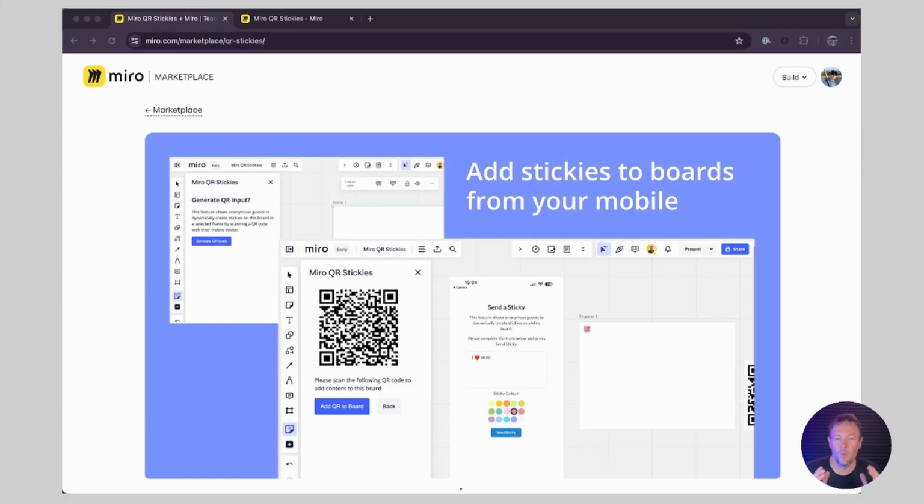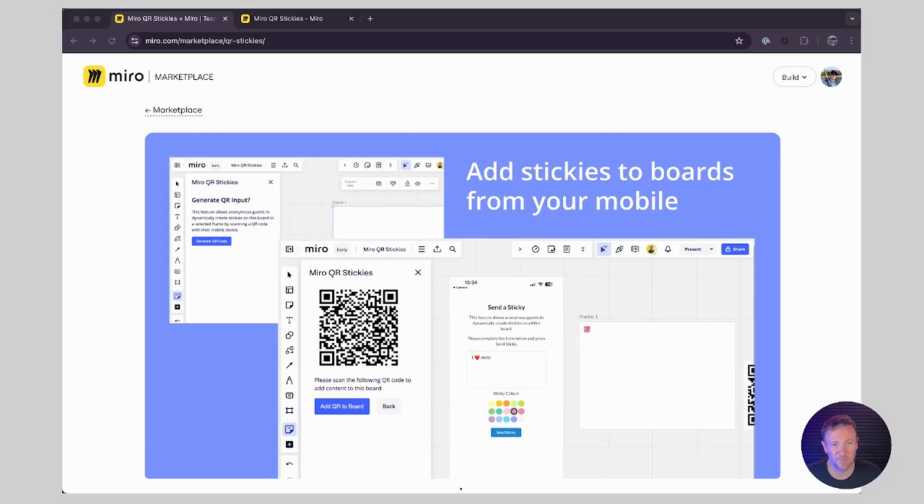Okay, so what we're going to look at is an app that is available on the marketplace for free for your use inside of Miro. If you know Miro, Miro is obviously an online collaboration platform where teams come together to build some of the biggest products around the world. Today, I'm actually going to show you how you can turbocharge the way that you run your collaborative sessions using